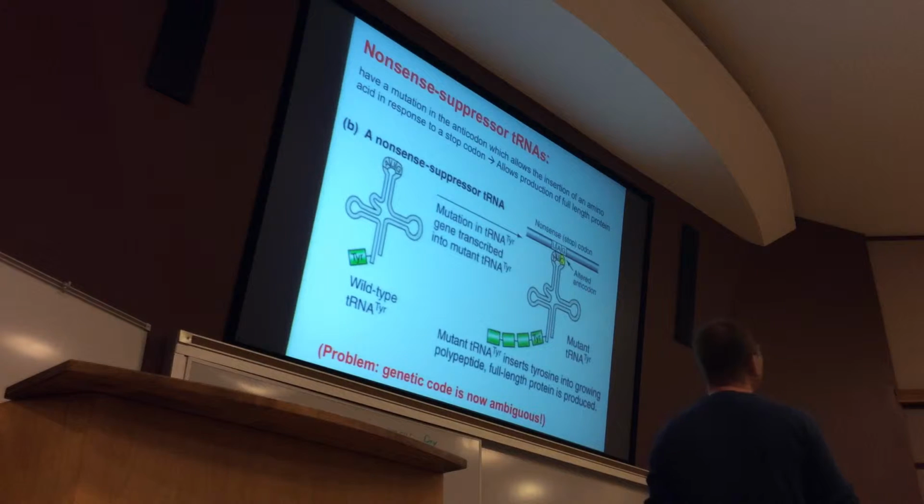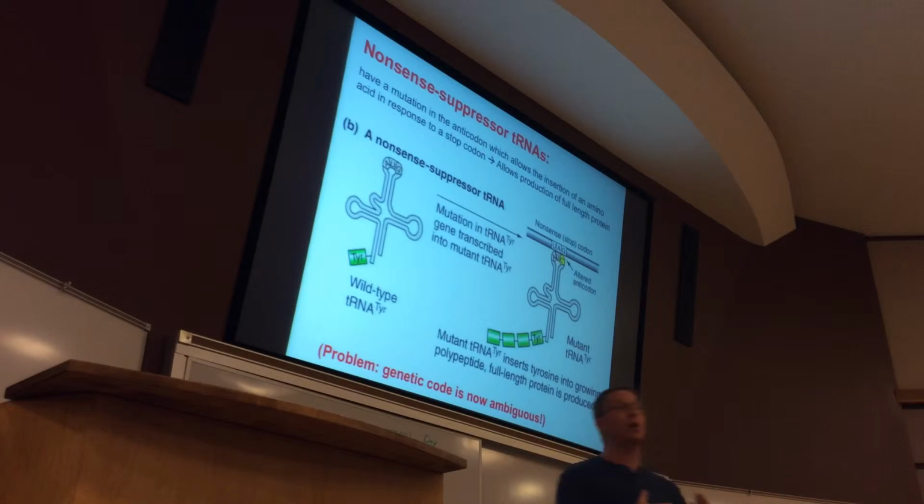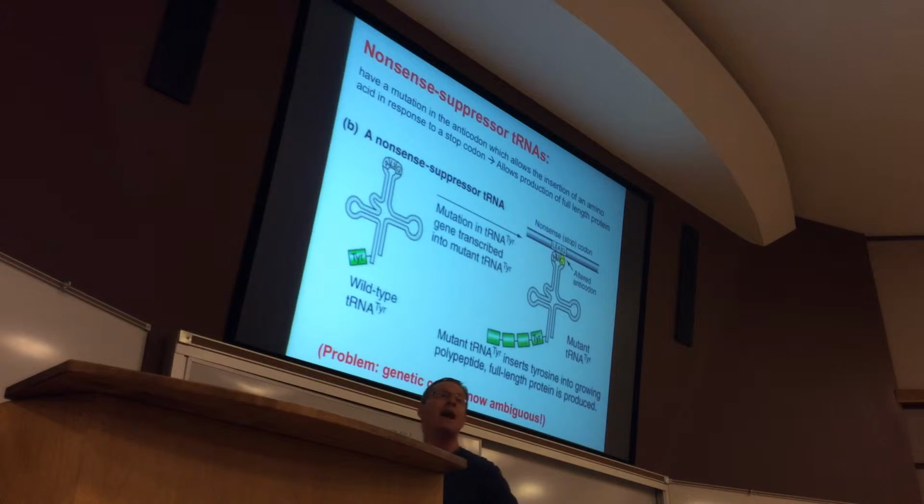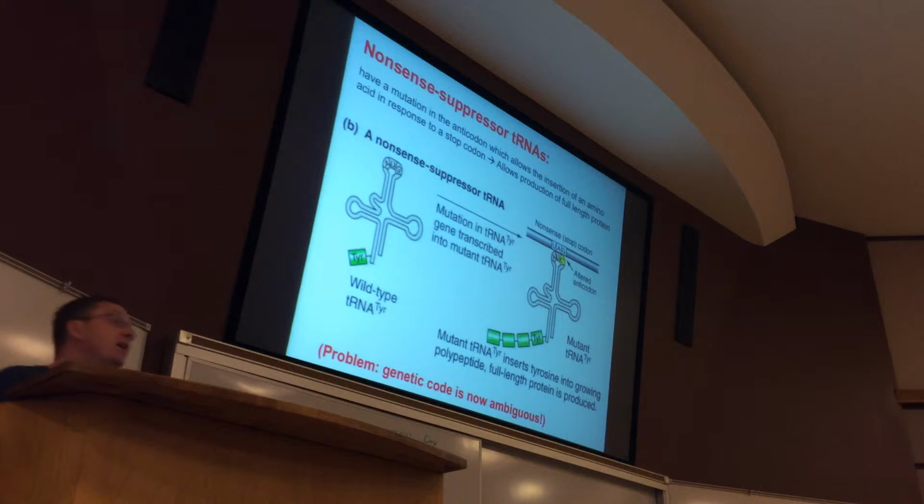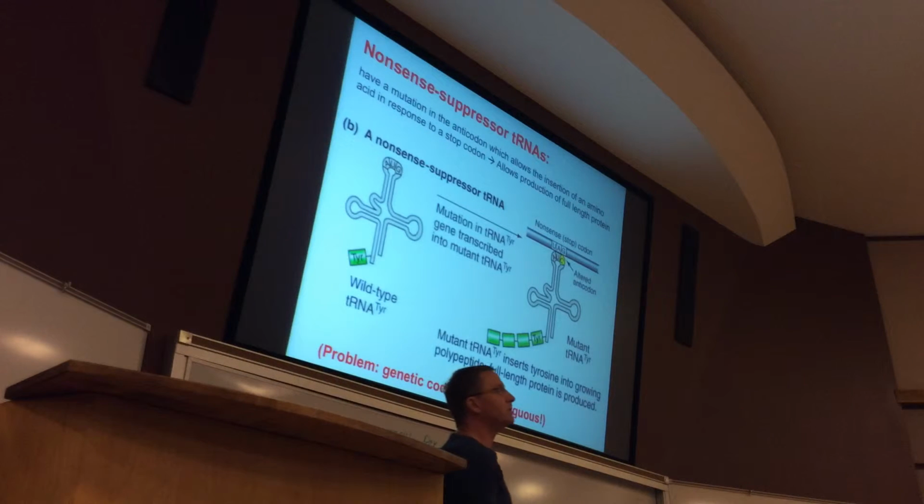And since the stop codon or the punctuation is used across many, many genes, you're now extending the length of many, many genes by putting a tyrosine in and potentially letting additional codons downstream be used. Now, these are really important. It's beyond the level of the class, but I think it's important for you guys to realize what you can